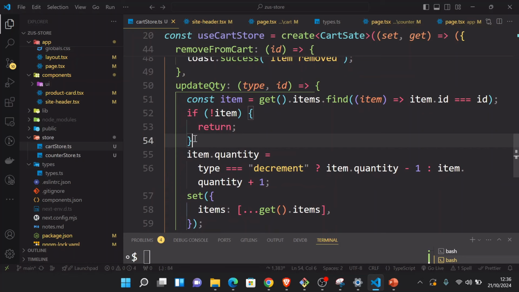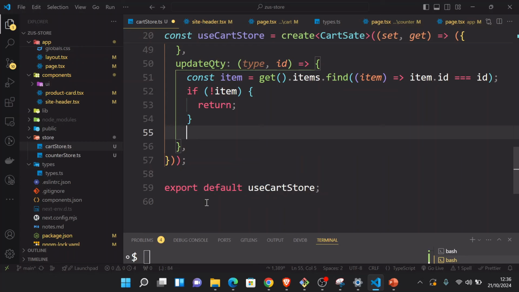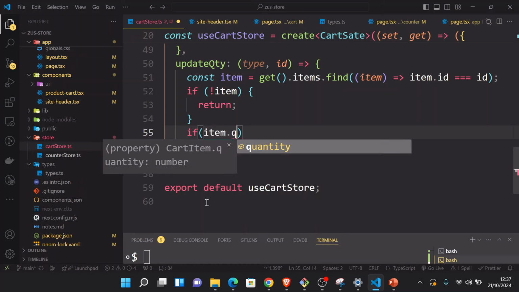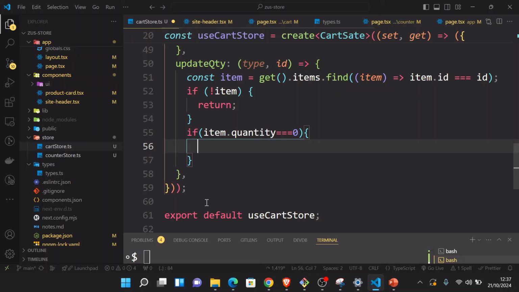Okay, maybe we could first also check, as it is decrementing, the quantity. So down here we could also check if the item dot quantity is equal to 0. So at this point